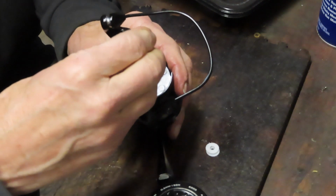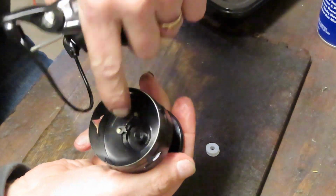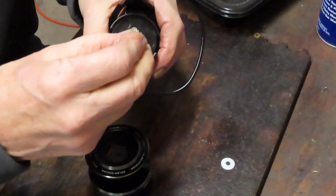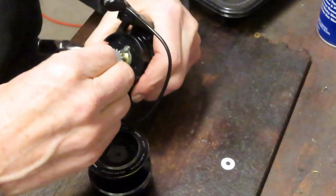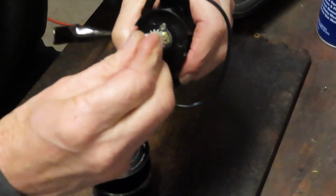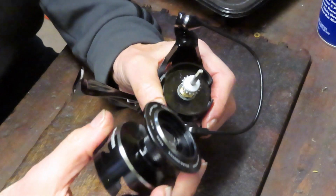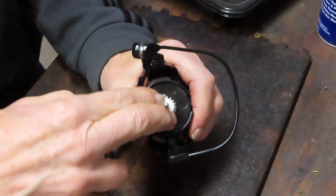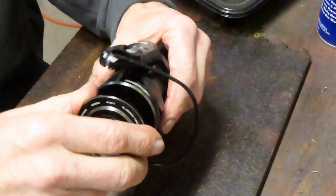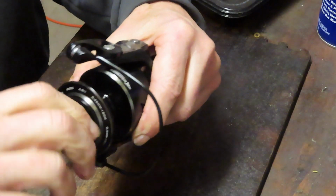The click ratchet, they call that the click ratchet because there's a little spring mechanism under here that's going to click when your spool is turning backwards. We have the 2 spool shims. Those spool shims are there to control the line height on your spool. So if your spool is not spooling evenly, if you're gathering all the way up to the top or gathering on the bottom, you want to add or remove these shims accordingly, and that'll keep your line nice and even as you work your reel. Okay, we put this back on,